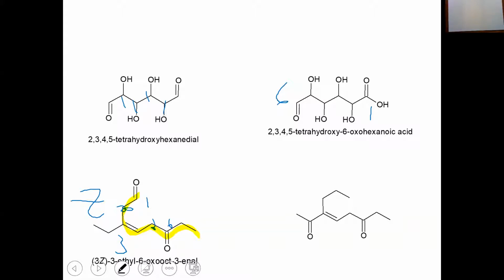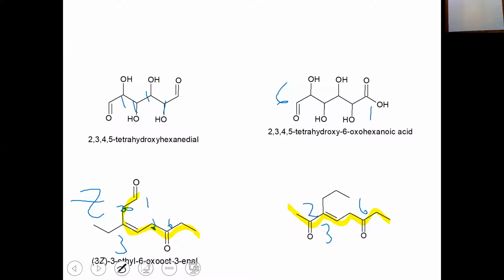What's so different about this example and the last one? This longest chain has 2 ketones, not an aldehyde and a ketone. So this 8 carbon chain has to be named as a dione. So it's an octane dione. But wait, there's an alkene, so it's an octene dione. Carbon number 2 and carbon number 6 is where my ketones are. Carbon number 3 is where my alkene is. So you could name it a 3-octene